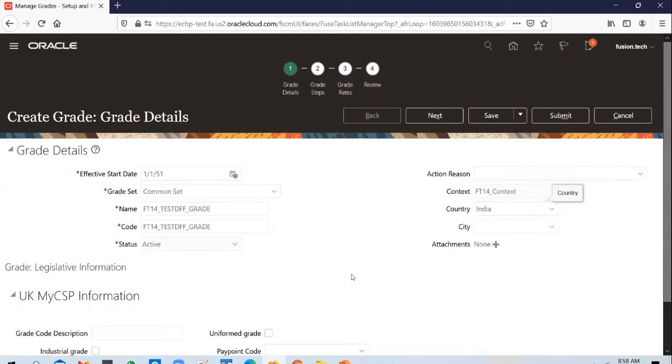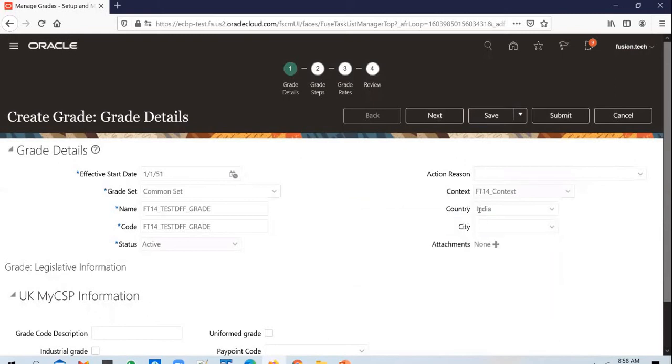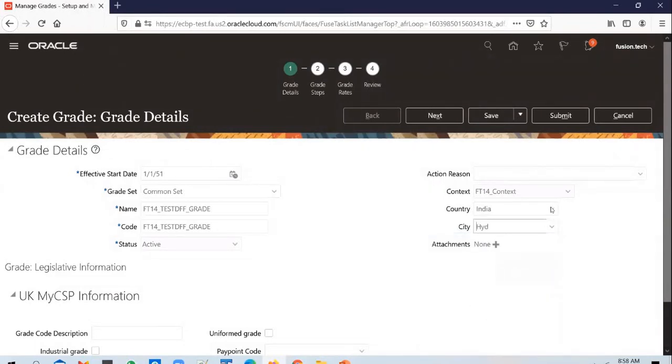And what options you are seeing here, whatever countries you have in the country's value set are showing up here. And depending on what country you select, if you go to a city value set, the values get automatically filtered. You don't need to do anything explicitly. Okay, so I can select Hyderabad.